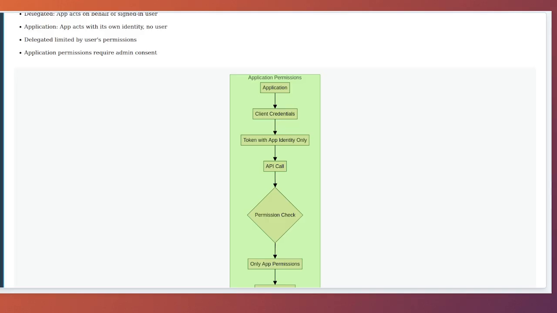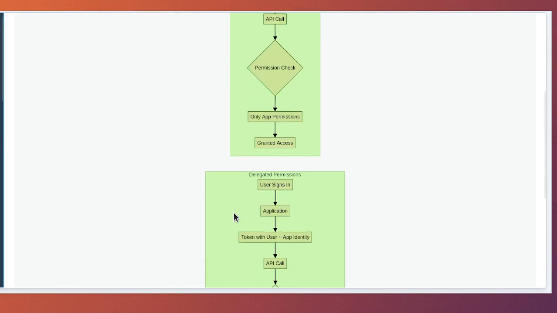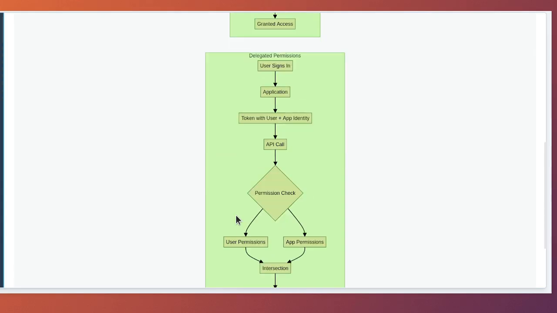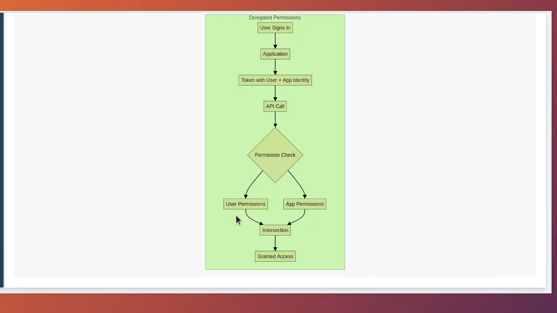Azure AD. Delegated permissions are used when your application acts on behalf of a signed-in user. The application can only access resources that the user themselves could access, limited by the permissions granted to the application. Think of this as the application borrowing the user's identity to perform actions. Even if the application has been granted broad delegated permissions, it can only access data the current user has rights